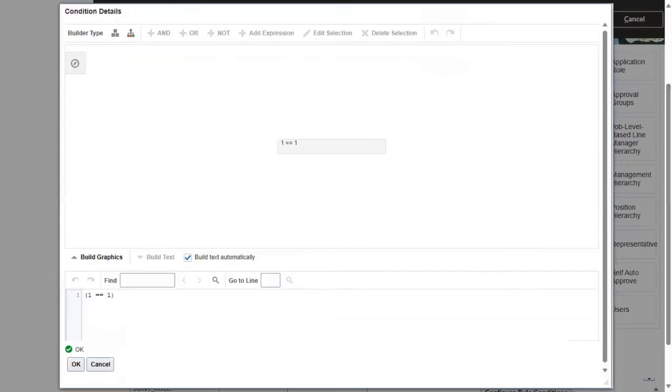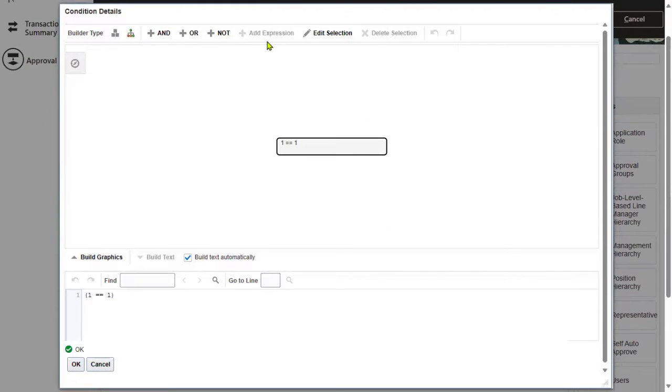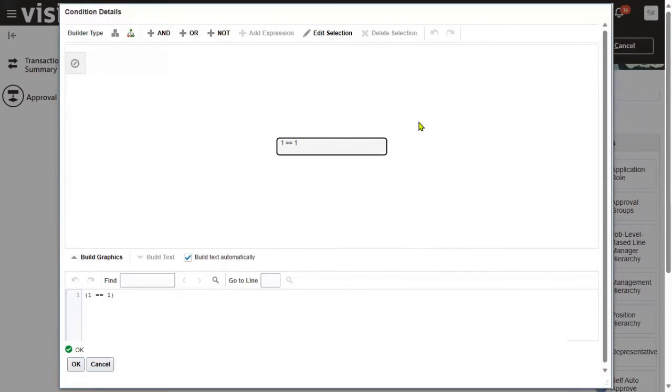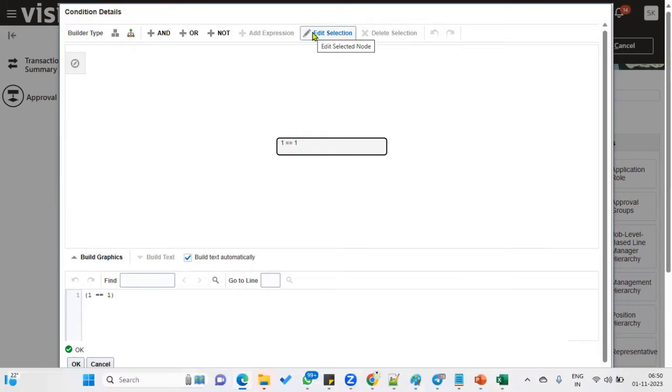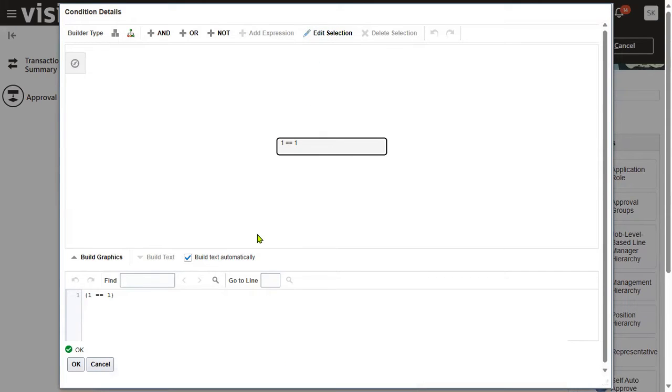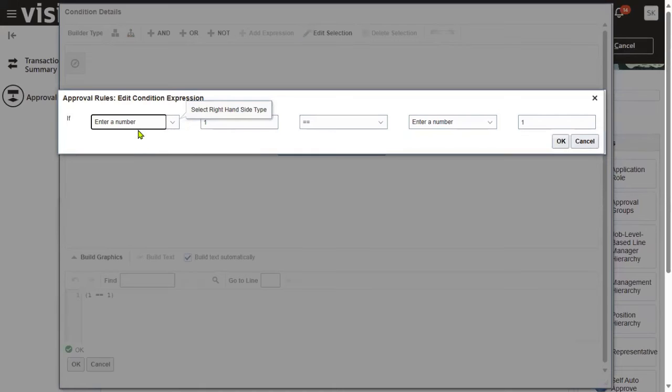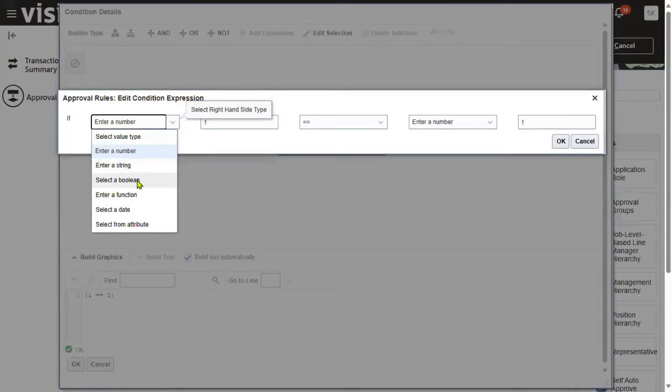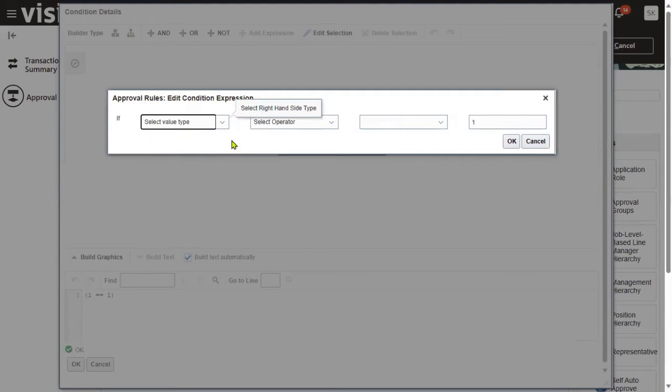Here we can go for specify. Just click on this. Once we click on this, then it's going to have an edit section here. Now I could see that we have different options here based on number or string or boolean function. But right now, it is based on database information, meaning a database item. What is the database item? Business unit, right? Now select value type here,